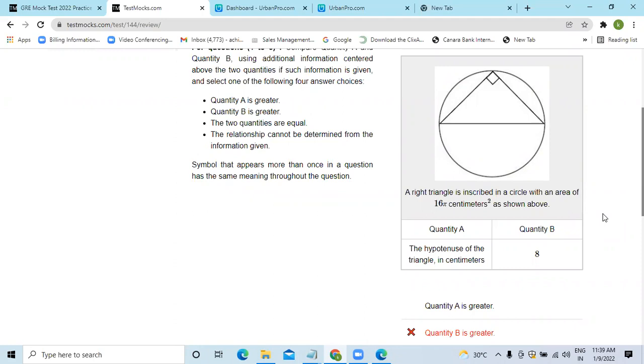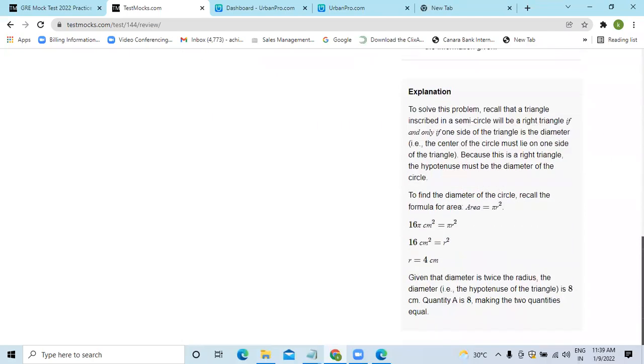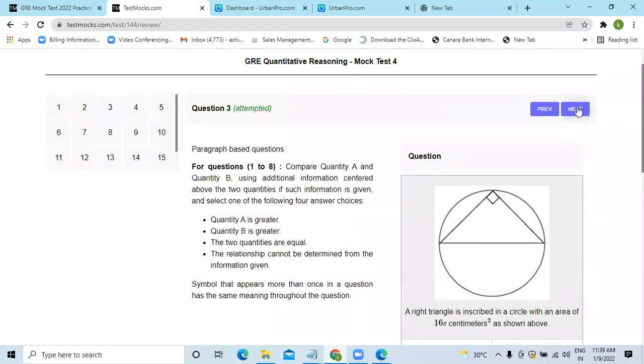And what is the circumference of a circle? 2 pi r. Very good. Please make a note to reinforce this learning: 2 pi r is the circumference, and the area of the circle is pi r squared, right? You must know all this. And this is called an isosceles right triangle, because when you inscribe a triangle with the hypotenuse being the diameter, it could only be an isosceles right triangle where the other two sides are equal. So that's where I made a mistake, not in logic. I just took the wrong area.